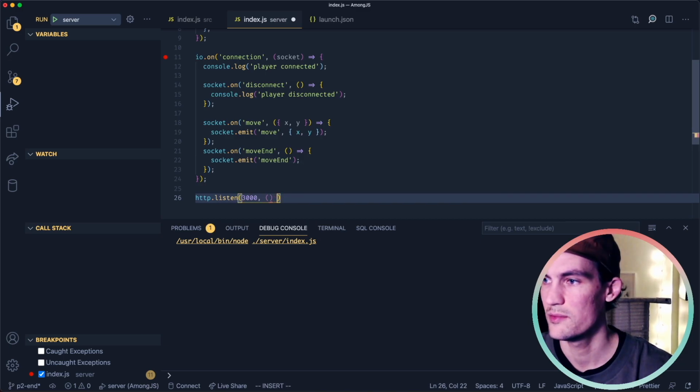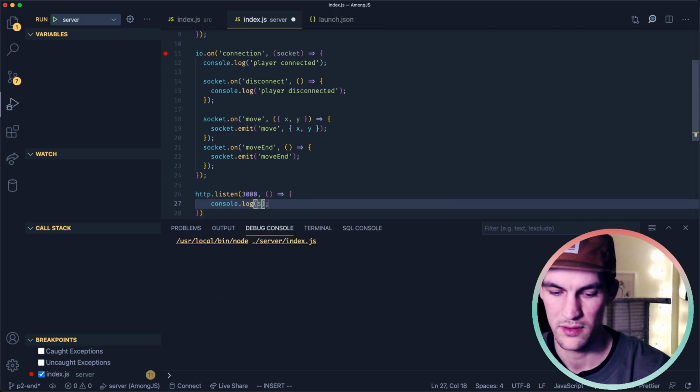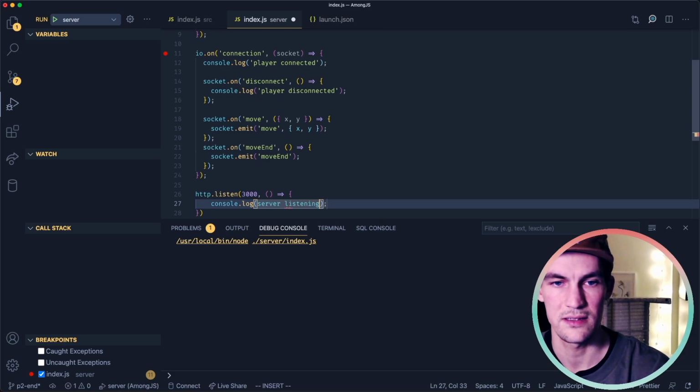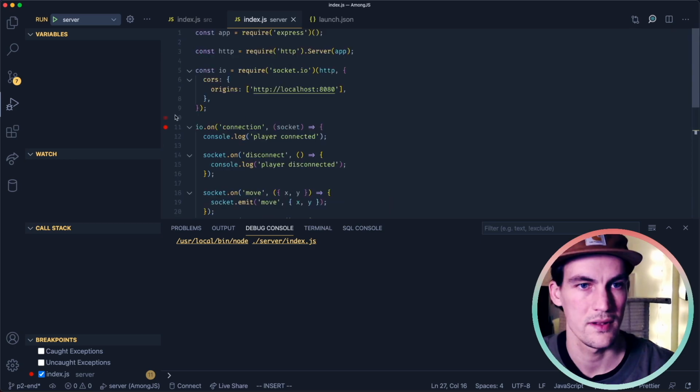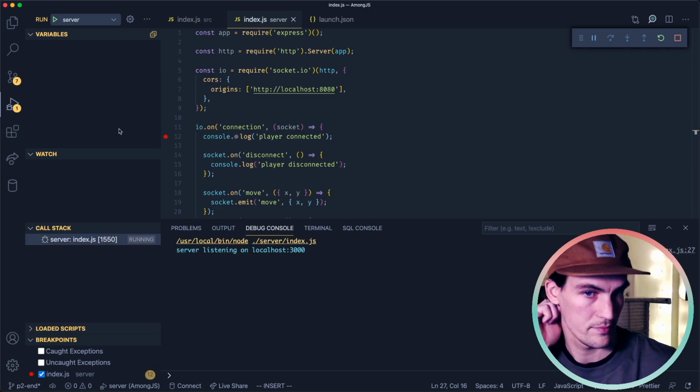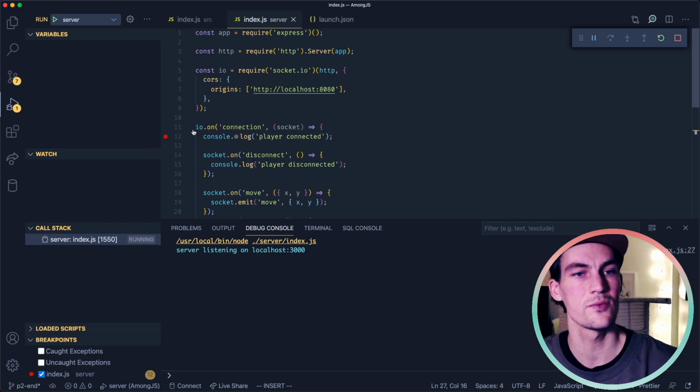And we can use a callback here just to print out server listening on. Let's try it out. Okay, everything seems okay. And if a client were to connect, I will stop here on this breakpoint.